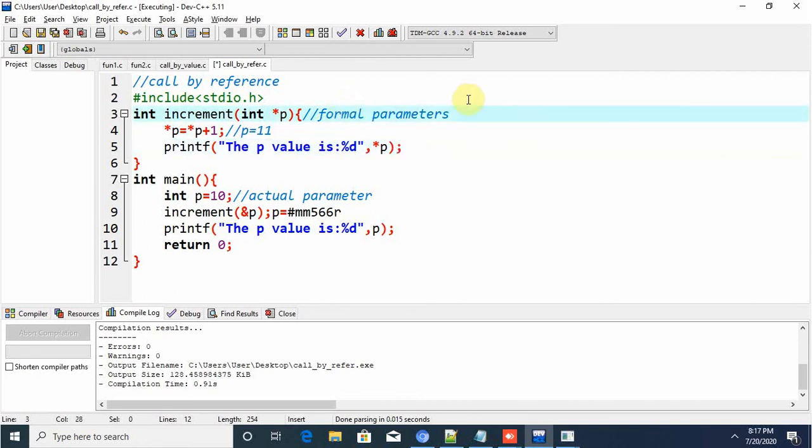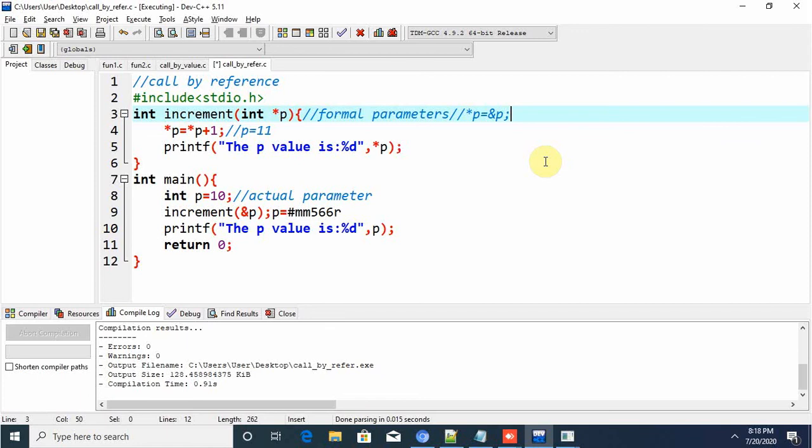Yeah, that's why. See, simply here we can say star p equal to ampersand p. This is the case, Girish. Exactly. But it is carrying the value only.